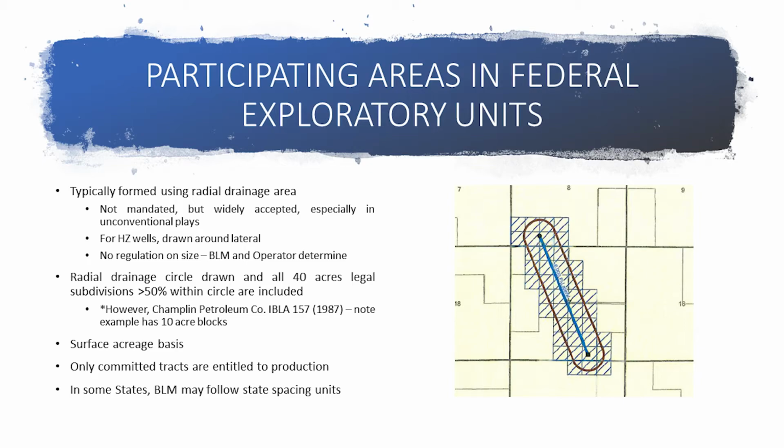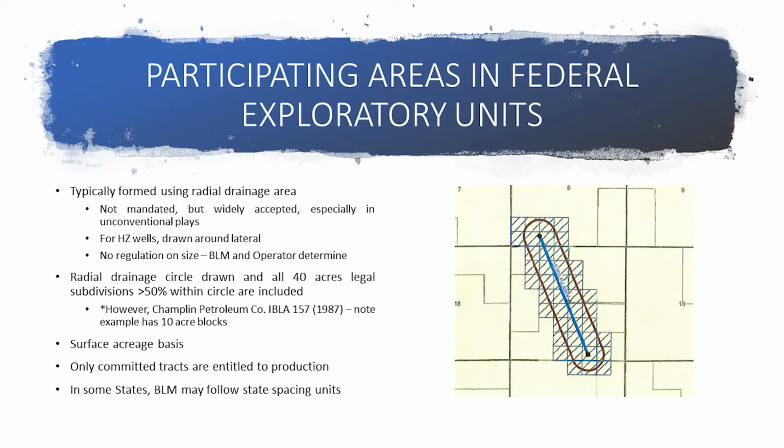You could see a 40-acre allocation unit or maybe a 160-acre spacing unit. And in some of these unconventional plays, at least how it's been established with the field office in Casper, Wyoming, is a 745-foot circle or oval, a radial drainage area around this well. There's really no regulation on size. The operator and BLM will determine that based on science, or the best science that they have available,